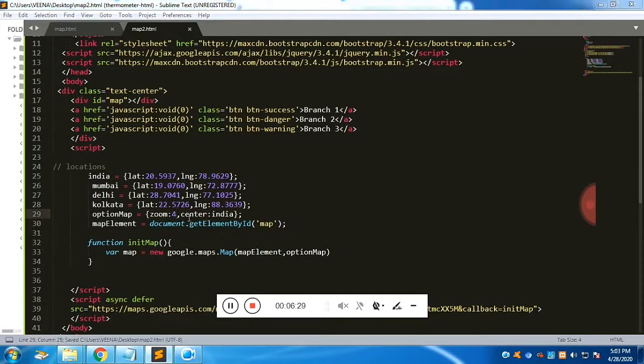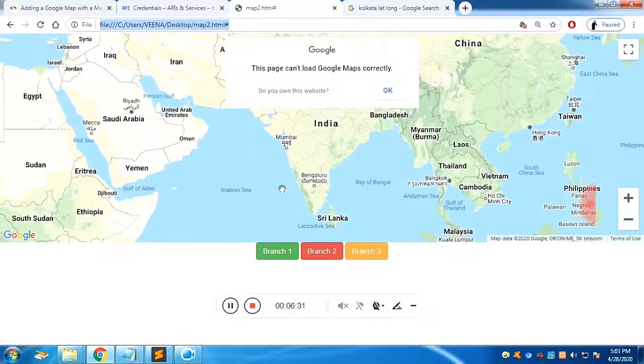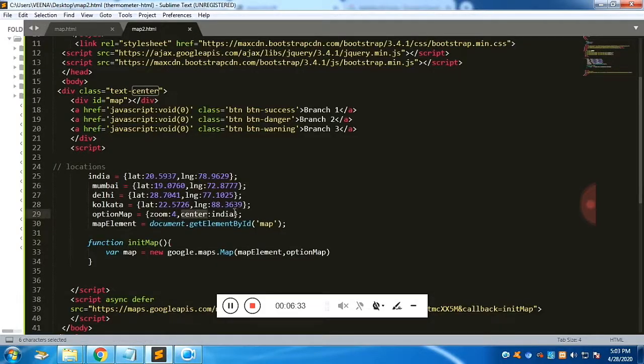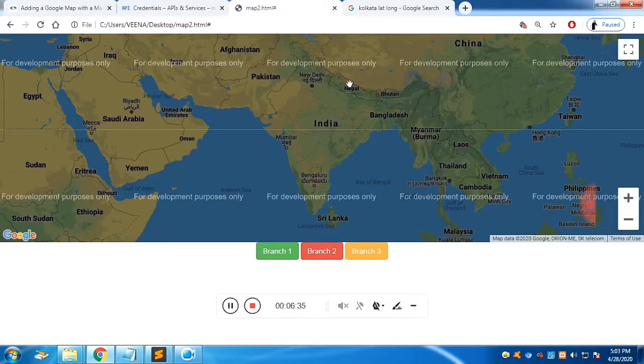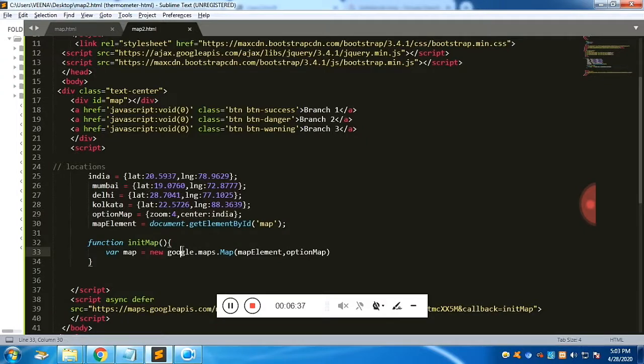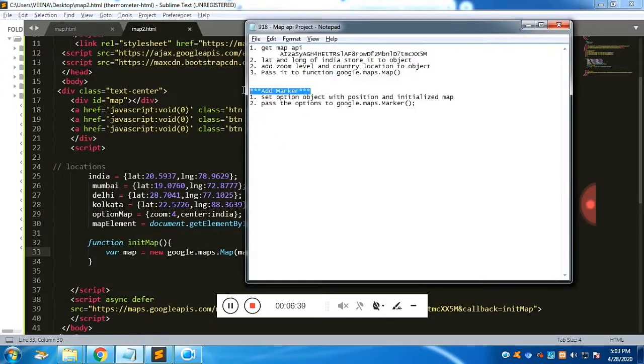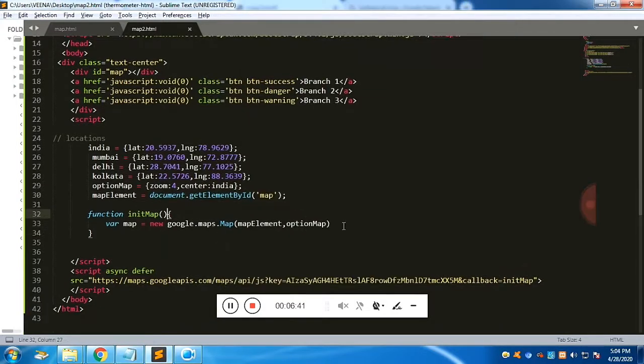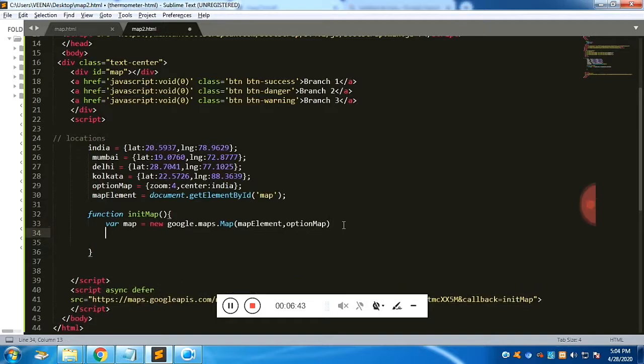We are going to add more. We are going to change the zoom level to 4. Fine, let it be India. Now it's time to add the marker. To add the marker, we need to create options for the marker. It's also an object, as we created for the map options. The marker option will also have two key value pairs.